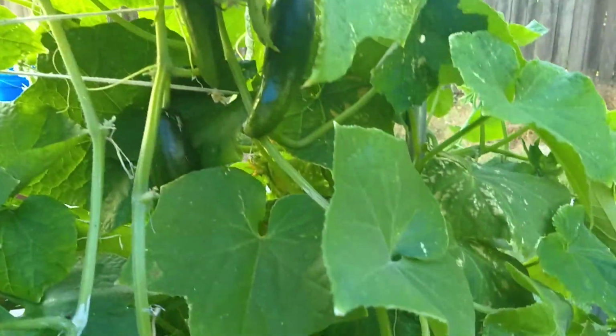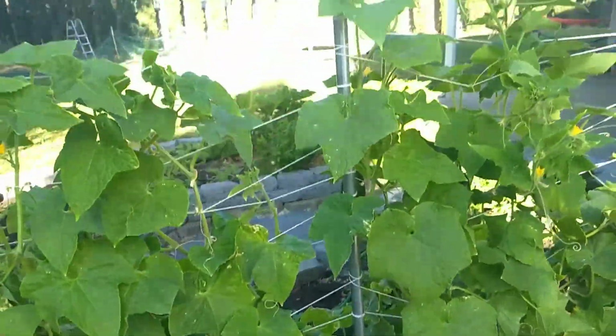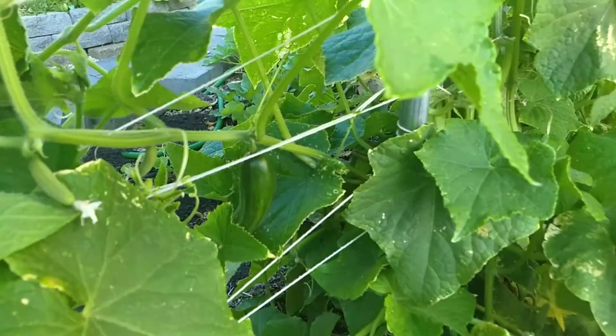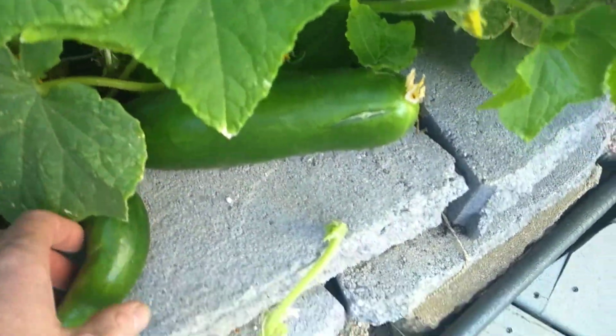Yeah, there we are. That is a nice looking one though. Take this big one with me. Look on this side. They're kind of poorly trellised, but there you have it. Yeah, there's another one. Anyways,